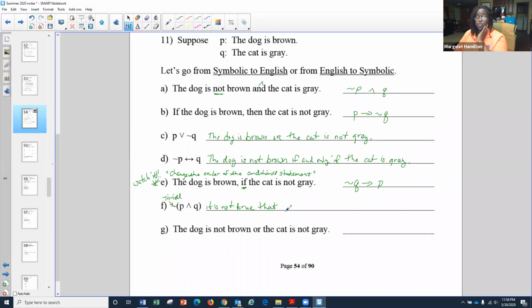It is not true that... and then you're filling in whatever's in there. So it is not true that what? Whatever's going on in your parentheses. It could be something cute like this, or it could be something a little bulkier. Make sure you're paying attention to what they're giving you. So what do we have? P and Q. So it is not true that the dog is brown